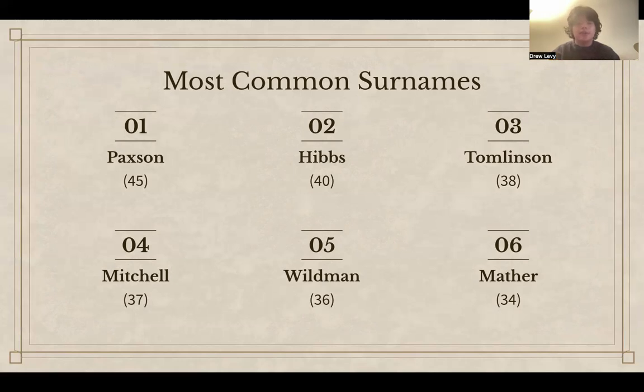The Paxsons are buried throughout the graveyard, with most in the wall rows. Hibbs with 40 people. They're mostly found in sections M and S. Tomlinsons with 38, and they're evenly distributed throughout the graveyard. Mitchells with 37, and they're buried in all sections except for N. Wildmans with 36, which are primarily buried in the wall rows, and Mathers with 34, and they're primarily buried in